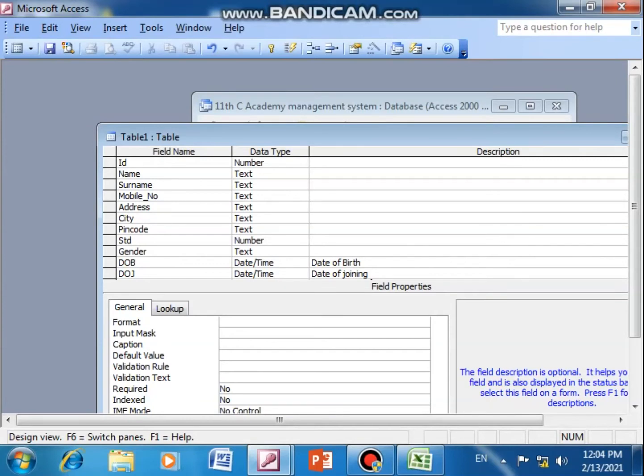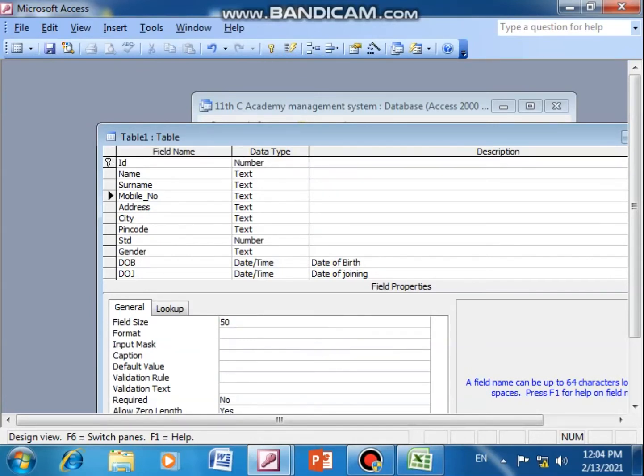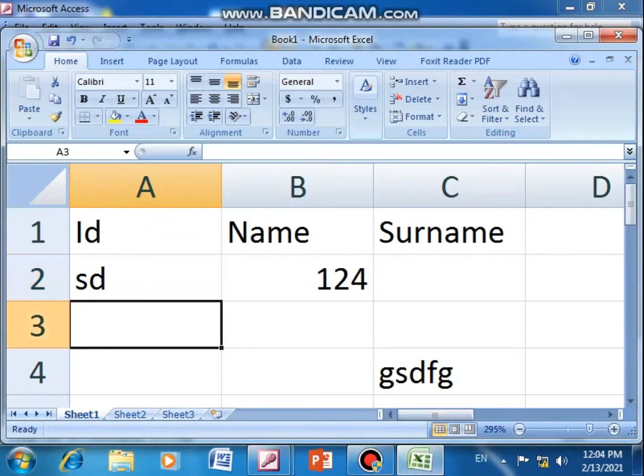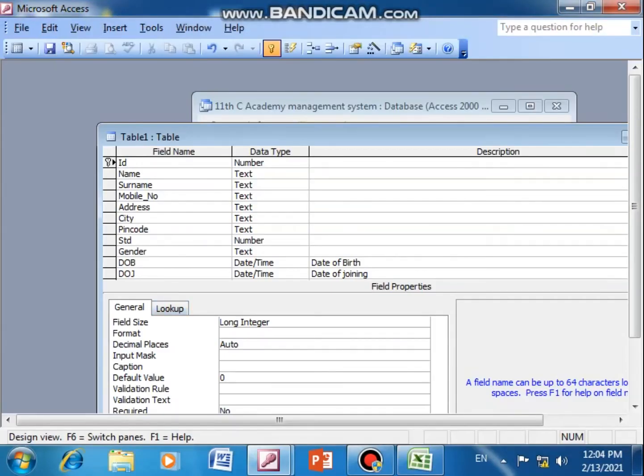ID, right? Okay. So I click on ID and select the key from here, that is known as primary key. You can apply primary key to a single field, then what will happen, that I will tell you. In ID, by mistake I will not be able to leave it blank. In Excel, just now I had shown you that if I forget to type here, it will allow me to type the name, right? But here if I give primary key, it will not allow me to leave it blank. Another thing, it will not allow me to enter duplicate values. So both conditions will be satisfied by giving primary key.